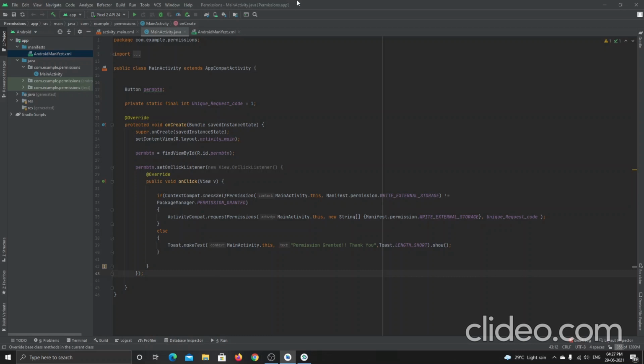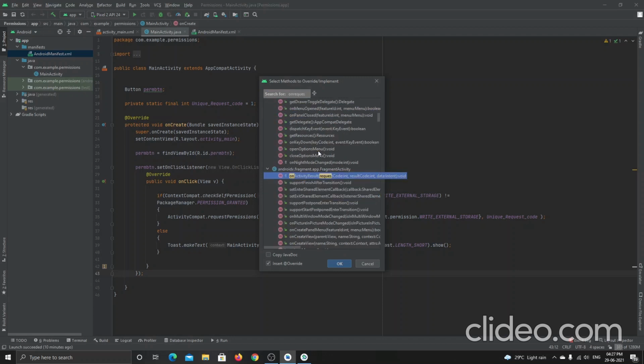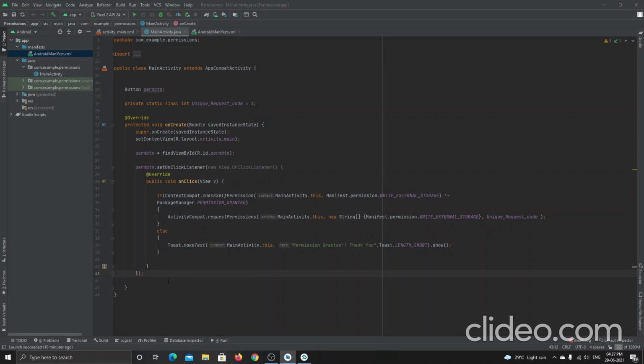It's not responding correctly. Inside this, you want to search for onRequestPermissionsResult. See, it is here, onRequestPermissionsResult. Just import it. Create a method here now.